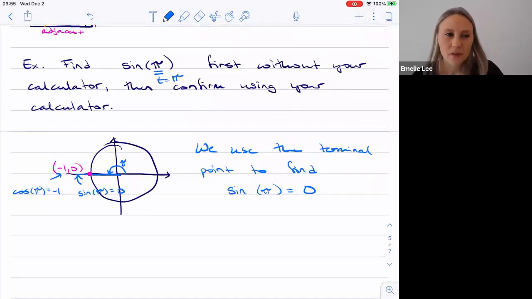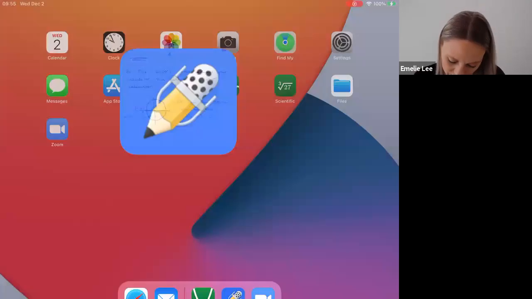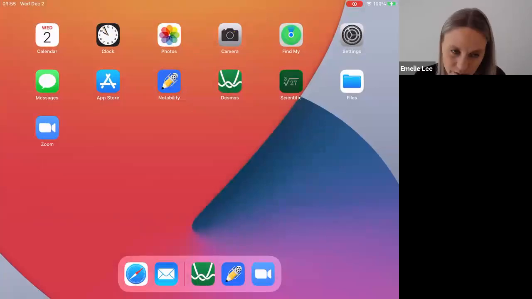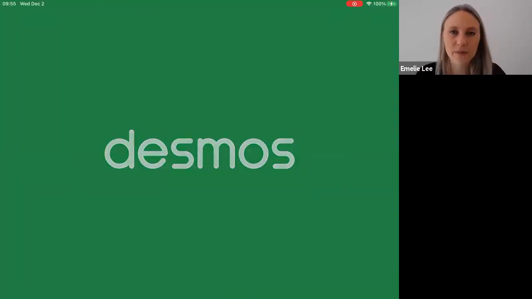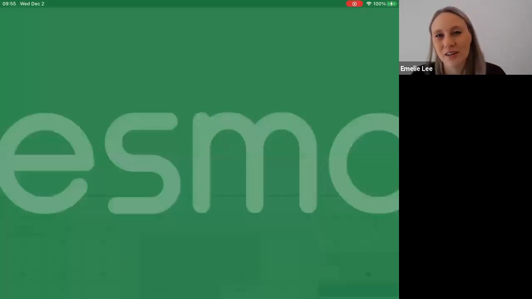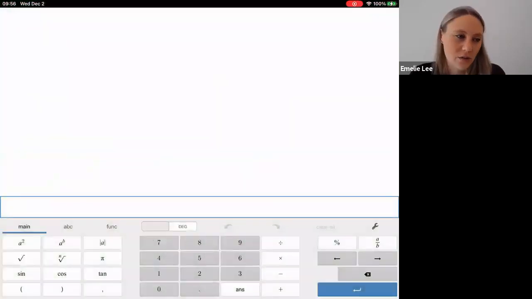Now, radian and degree mode on your calculator, it depends on what calculator you have. I have this kind of fun one, but I don't know what calculator you have, because you're allowed to use whatever you want. But what I'll do is I'll show you on the Desmos calculator, which is the free app. It's good, not great, but it's a free calculator, so who can complain,